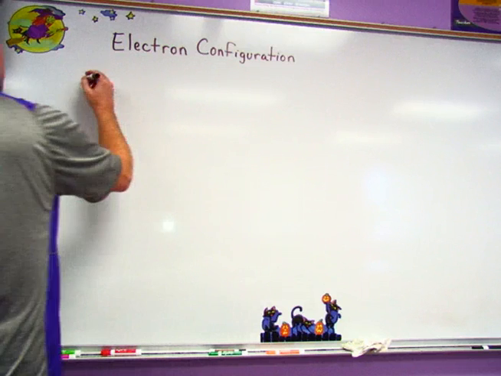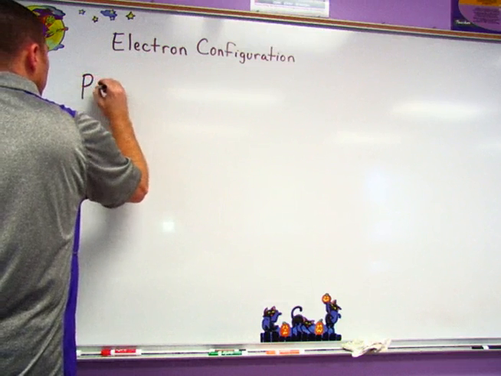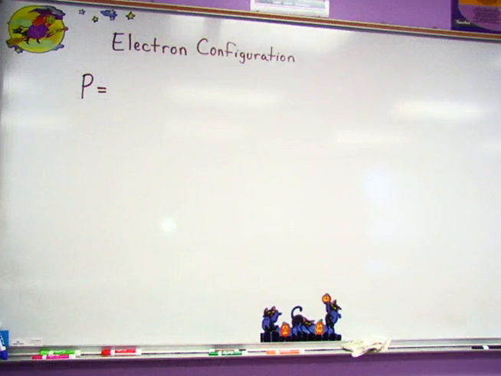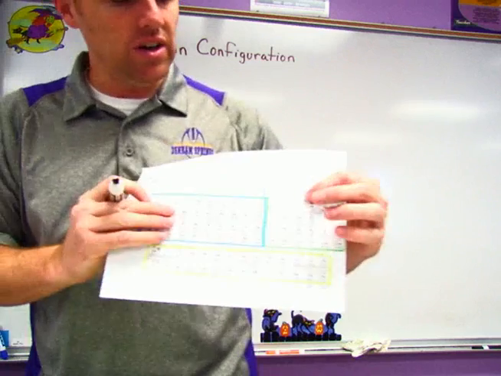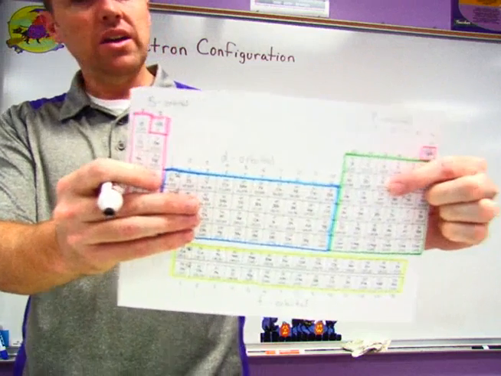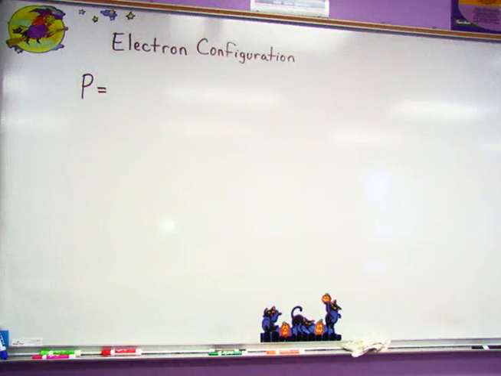The first problem I want to do is the electron configuration for phosphorus. If you look at phosphorus, it is the 15th element on the periodic table, and it's located right over here in the p block, in the p orbital. So what we're going to do is look where it is. It is in the 3p3 spot. So remember, we got to go down